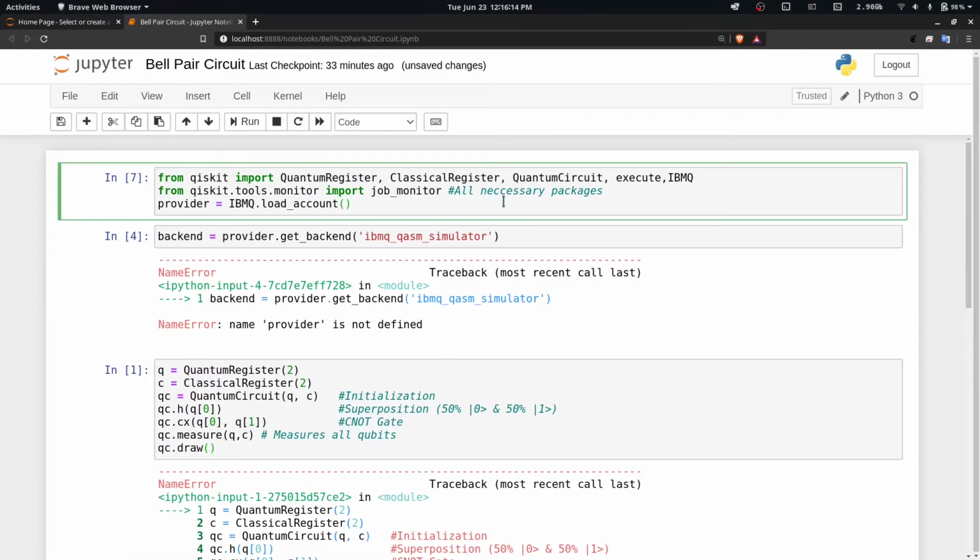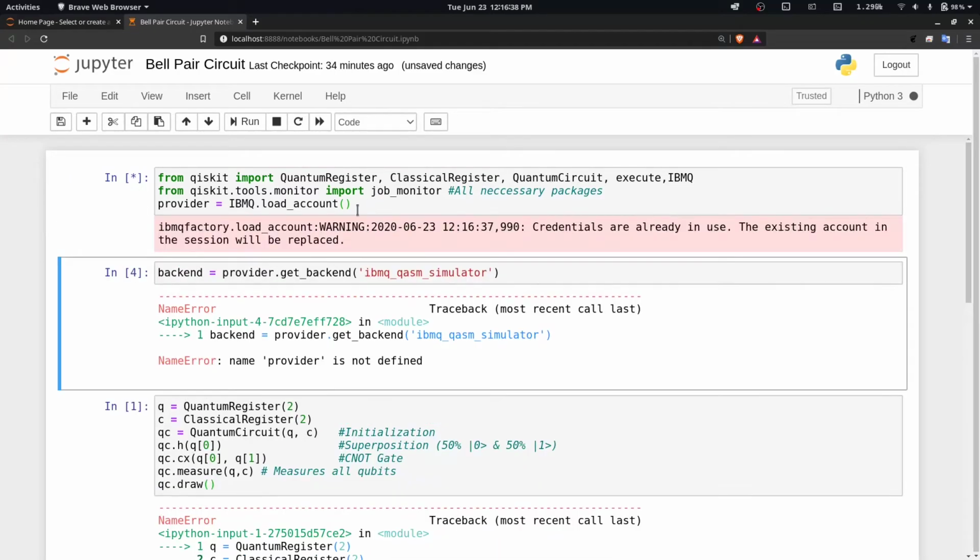I'm not using a circuit editor this time in order to make all of you familiar with the Qiskit programming environment that we will be using in the future, and that turns out to be more efficient. So the first block is just importing the necessary packages which I need for implementing the circuit. I'm connecting this local notebook to my IBM Q account. Let me just run it.